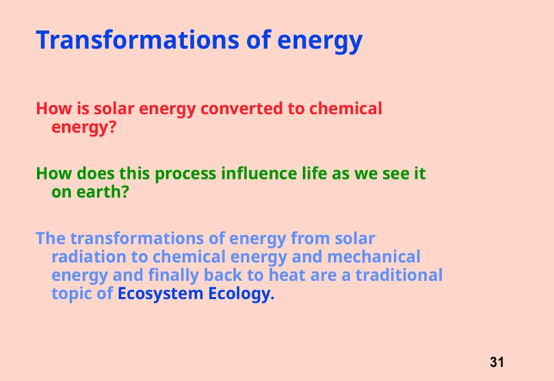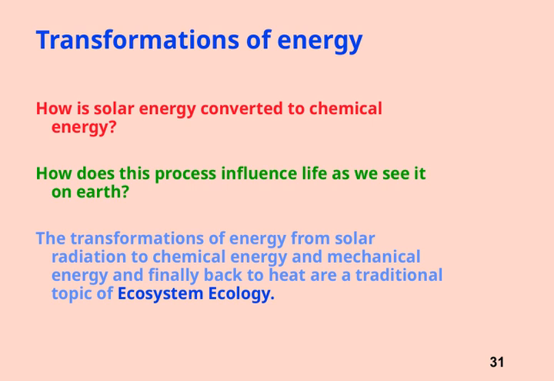Let's explore how solar energy is converted into chemical energy. When sunlight hits green plants, especially through the process of photosynthesis, the energy from the sun is captured by chlorophyll molecules. This energy is then used to convert carbon dioxide and water into glucose, a form of chemical energy that plants can store and use. This process is fundamental because it forms the basis of the food chain, supporting all life on Earth. Essentially, solar energy is transformed into a stable chemical form that can be used by plants and indirectly by animals